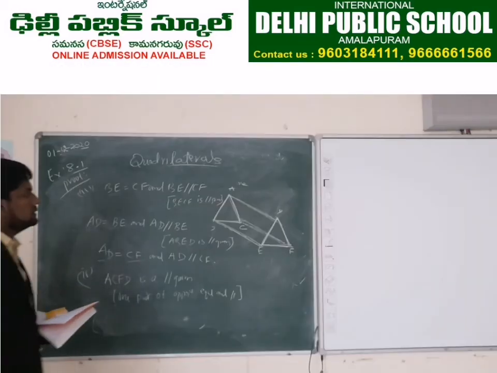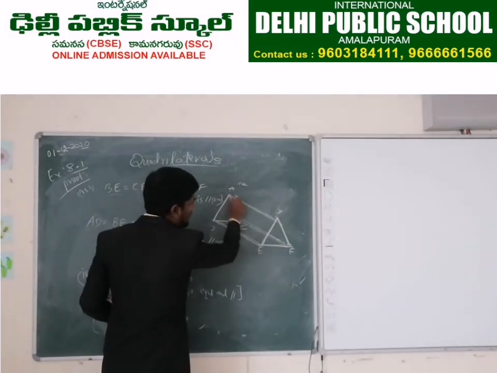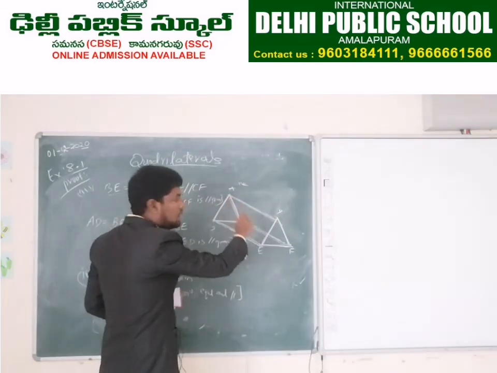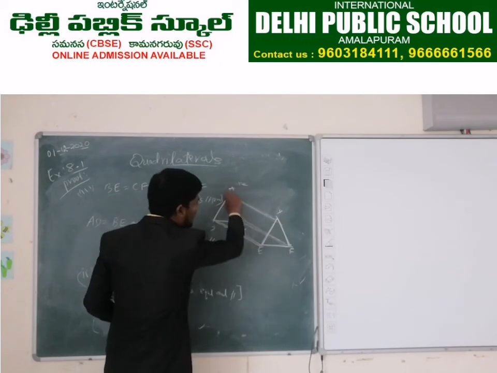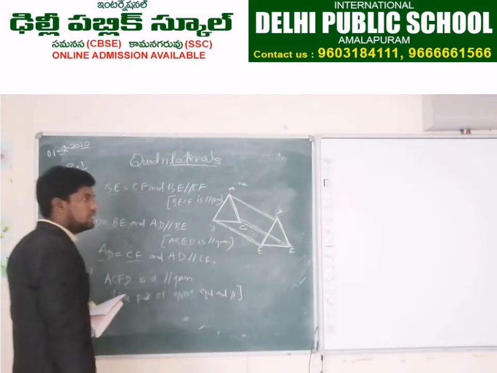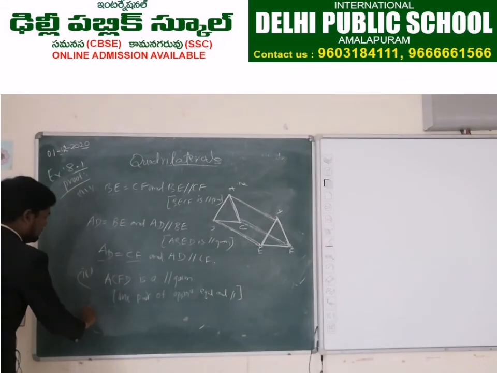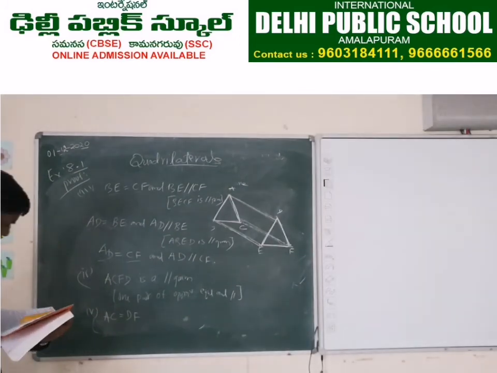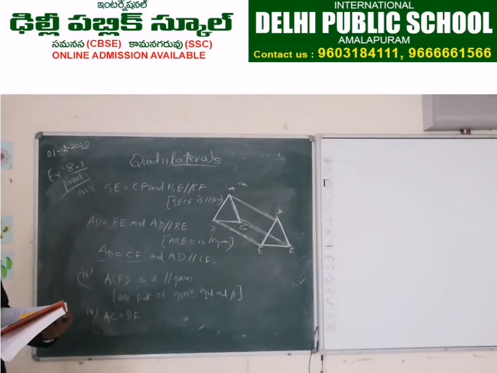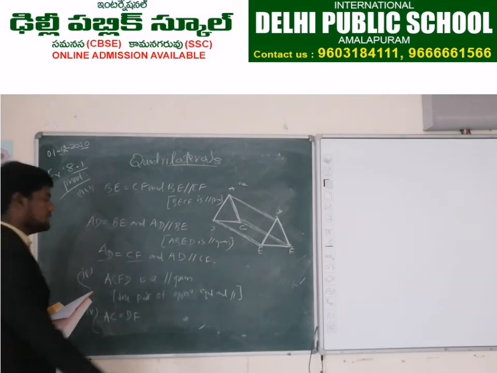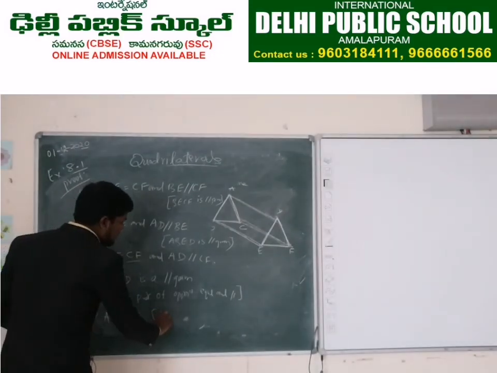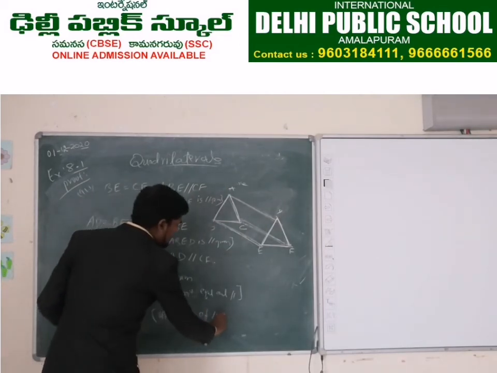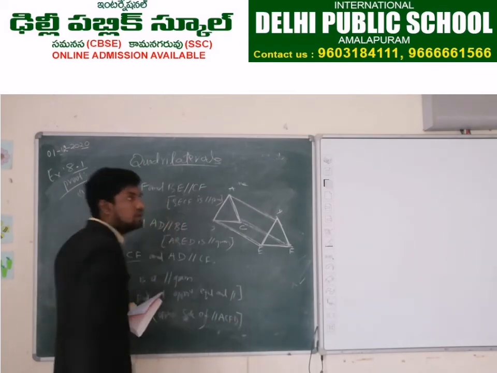Then the next condition is, see here, this is a parallelogram, right? Opposite pairs are equal and parallel. So we have written this one is a parallelogram. Then the remaining sides are also equal, right? AC is equal to DF. So you can write that reason only. AC is equal to DF. The reason is opposite sides of parallelogram ACFD. Yes.